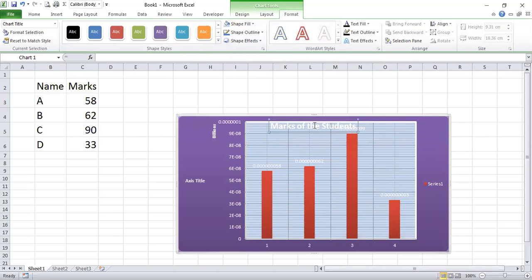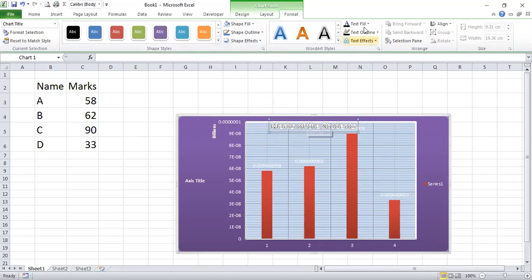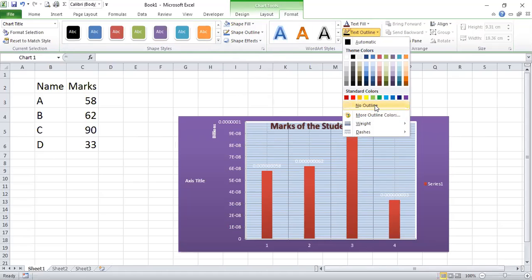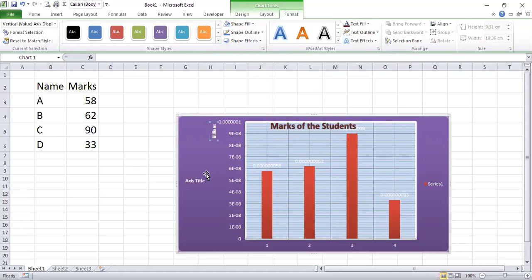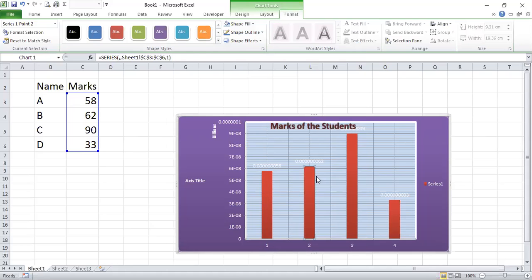right? And if you want to change the text, click on the title and change the text, or you can change the color from here also. Outlines, if you don't want an outline, likewise. So the best way to change any control is to select it and double click or right click,